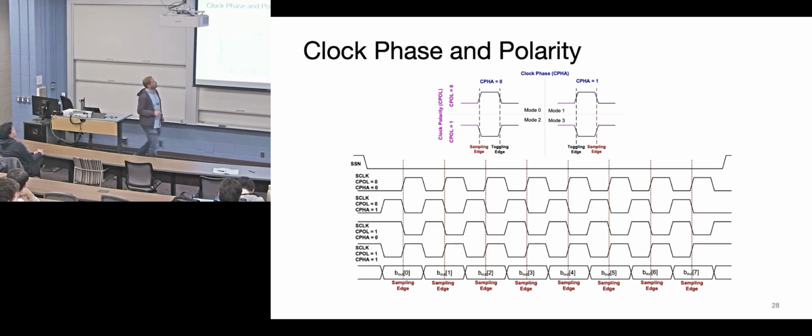What exactly is the difference between mode zero and mode one? If you expand that diagram, sample on the rising edge, sample on the falling edge, it seems like the same thing. It's what the base configuration of that line is. So if you have no data going out on your clock, is the pin high or low? If it's high, then you're going to be in mode 3, I believe, or on the bottom row there. And if it's always low, you're going to be on the top row, and then you're deciding the phase. Does that make sense? Okay.